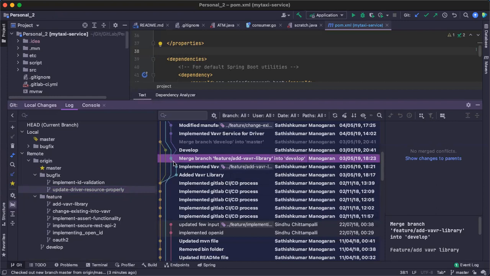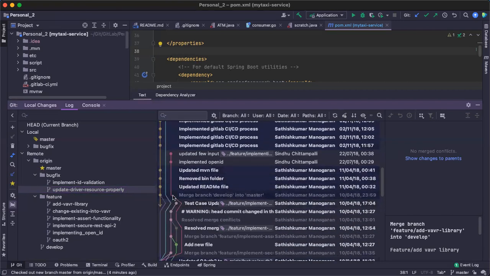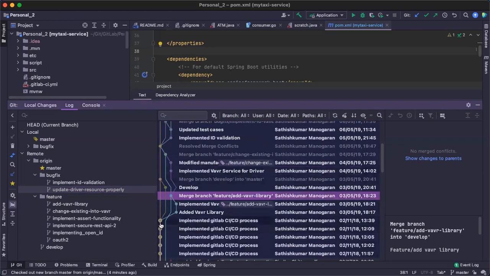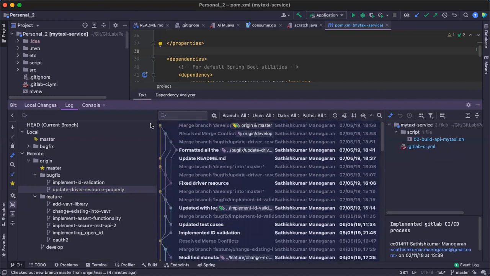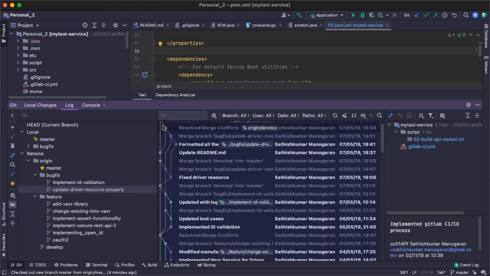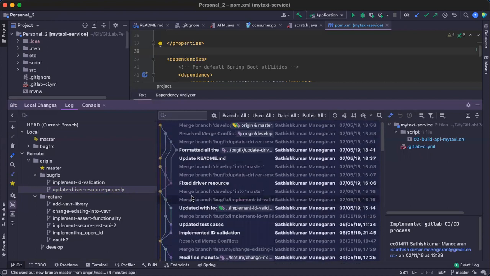Whenever I face a problem in my current organization, and 2 years back everyone used to tell me there are a lot of problems, to resolve all these problems I use these plugins, these features only. I come here and see which person did what and from which branch they took the code. I used to see someone trying to push the code directly up to this area, and in a single day they never took all this latest code. So this kind of visualization will help you in day-to-day activity: which person is doing what and which person is working in which area.